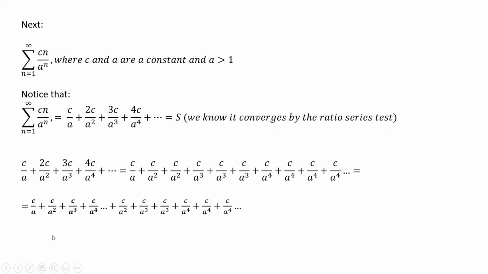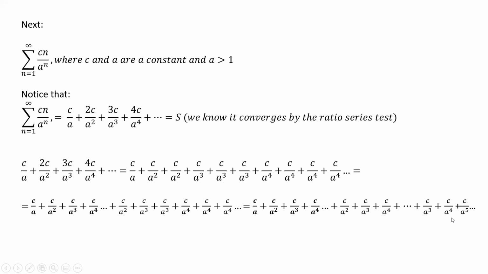And then I'm going to do the same thing again for what's left over. Just notice what's left over the next time would have to start at c over a squared, because there was only 1 over c over a's. And then the third time, if I were to continue this, it would start at c over a cubed. And if I did it again, it would start at c over a to the fourth, and so forth. And so now what I'm doing is creating a bunch of unique groups that I can now put